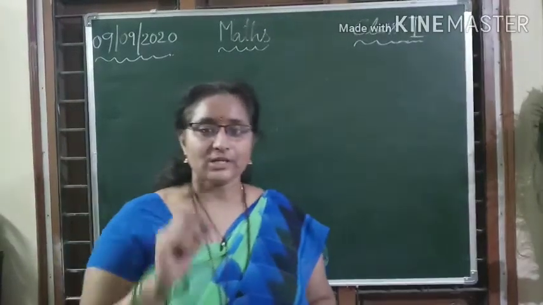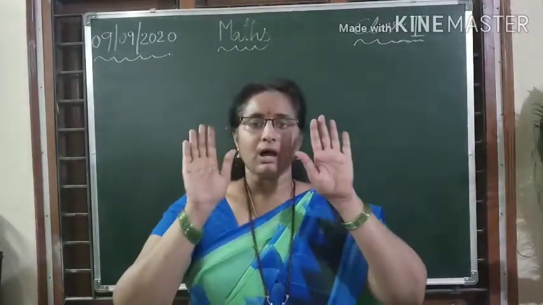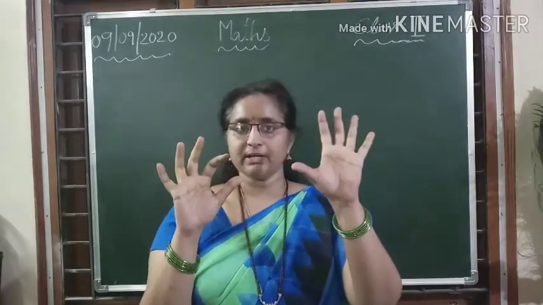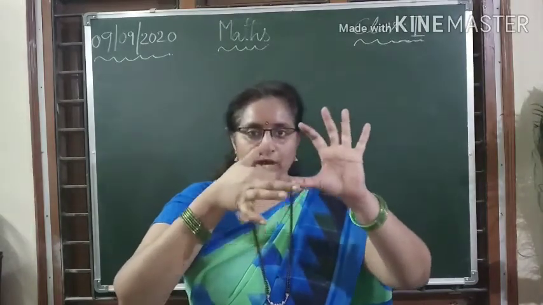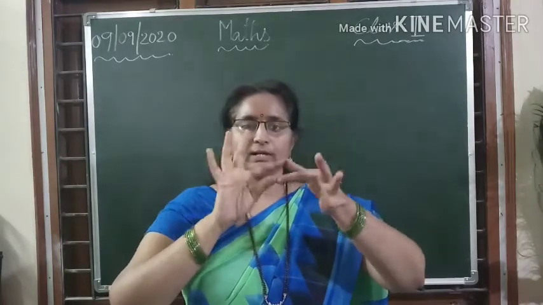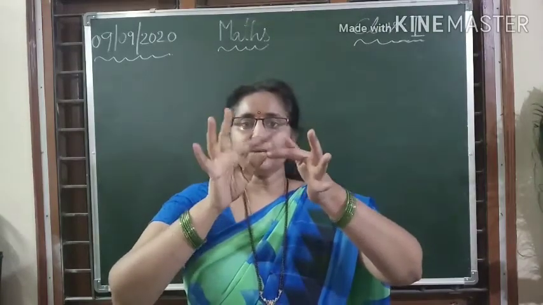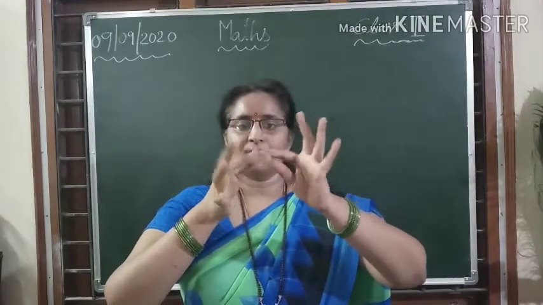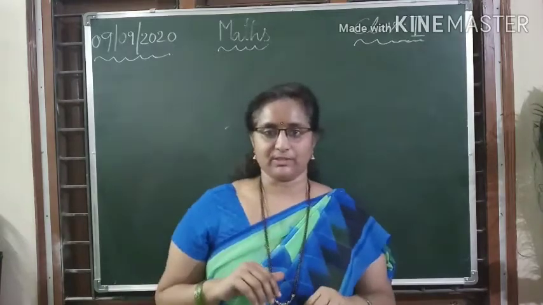Children, let us do a small activity before we start the class. All of you keep your hands like this and join your left hand thumb finger and right hand index finger. Now, you have to join right hand thumb finger, left hand index finger. Do it like this one. A little bit fast. Very good. Practice it.